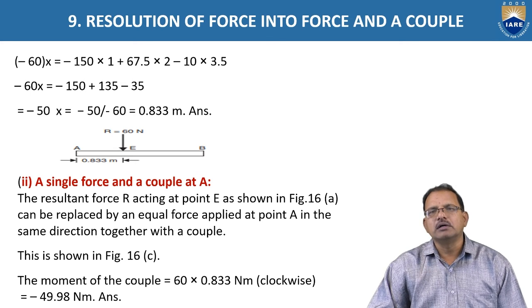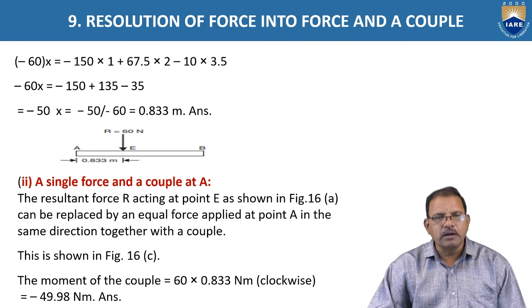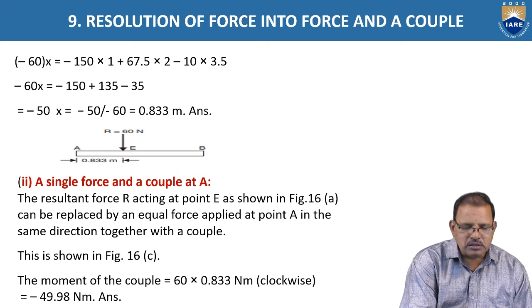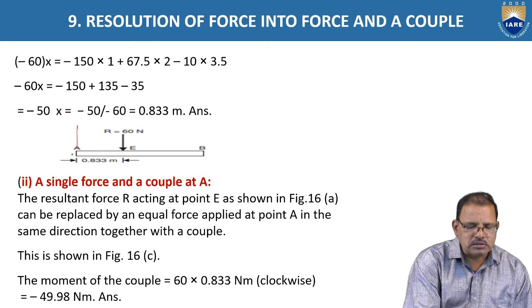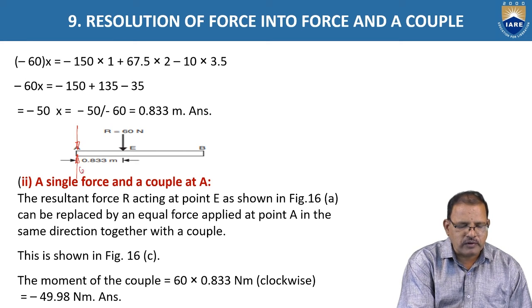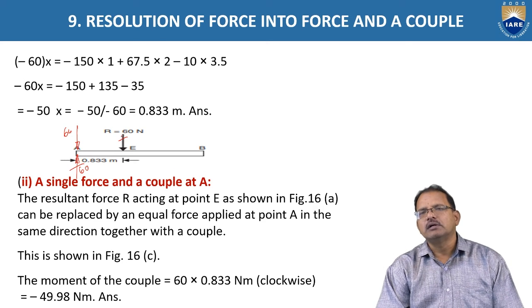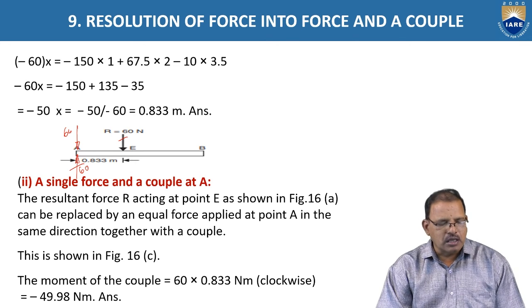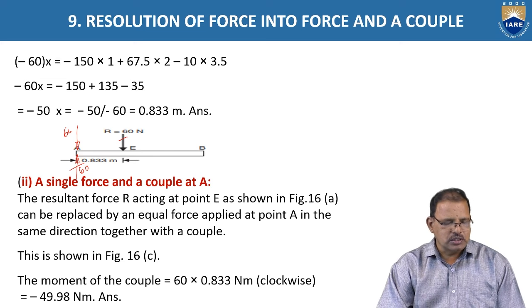The resultant force R acting at a point E in the figure can be replaced by an equal force applied at a point A in the same direction together with a couple. That is, here we can take the same force in the opposite direction as one more force. These two forces, that is 60 newtons, are acting in opposite directions and separated by a distance of 0.83, hence a couple exists,